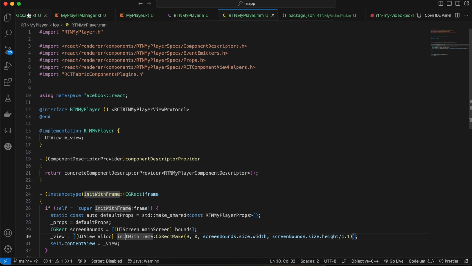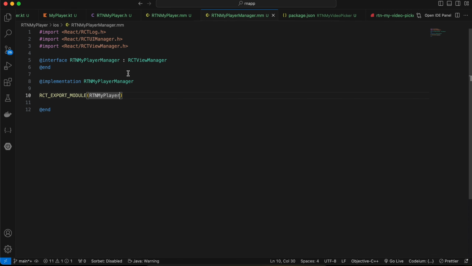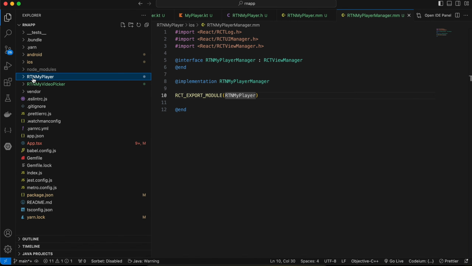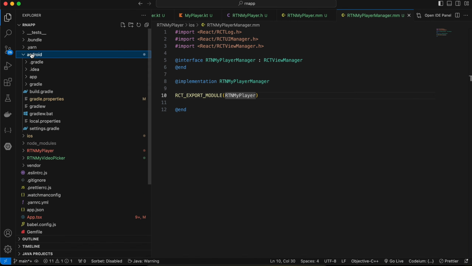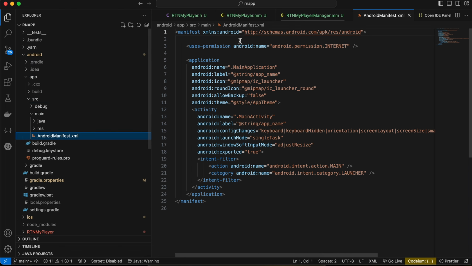Okay, then create a manager Objective-C++ file, again copy paste this code. All right, then what you will have to do is go to Android app src main AndroidManifest.xml. Make sure you add this internet permission as well,